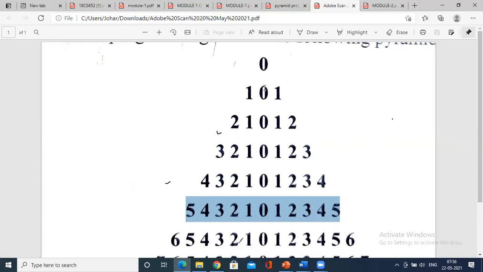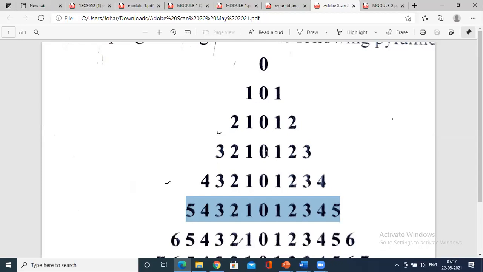Again when you go to the next level, you could see in the middle all zeros are there. On the first row the middle position is 0. Second row, middle position 0 with 1 on the right and left.